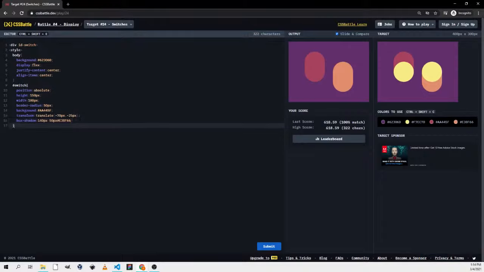So this is the switch, and the button on the switch will be using after class switch after. Content to be something, at height 100, width 100, position absolute,